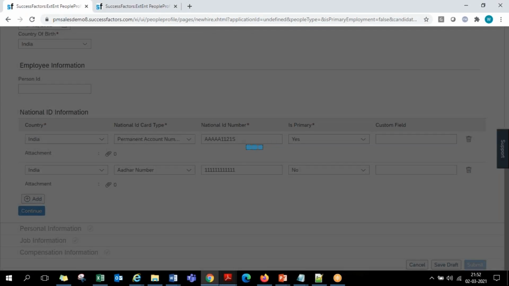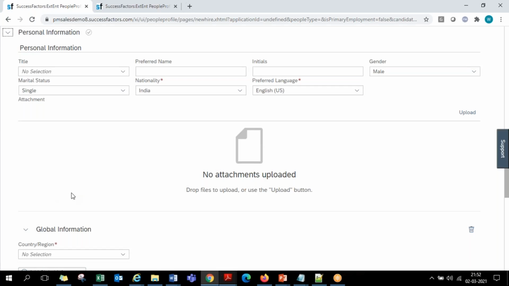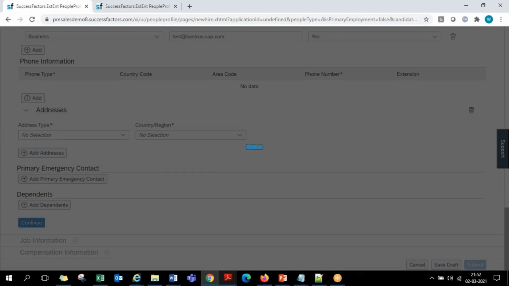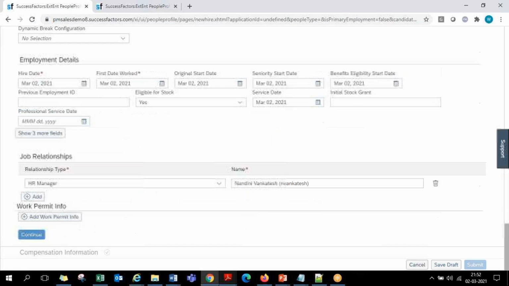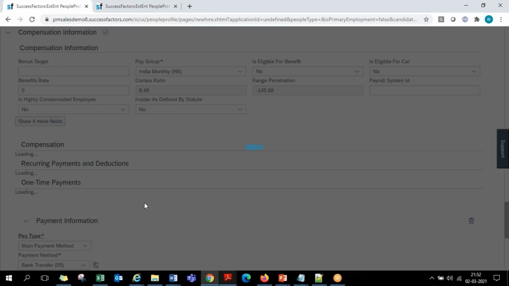And again, you just have to keep clicking on continue one by one. You can go through all the screens, all the screen areas. You can keep checking and continuing here. And finally, you can come to the 4th area and click on submit. So that is the 4th area.